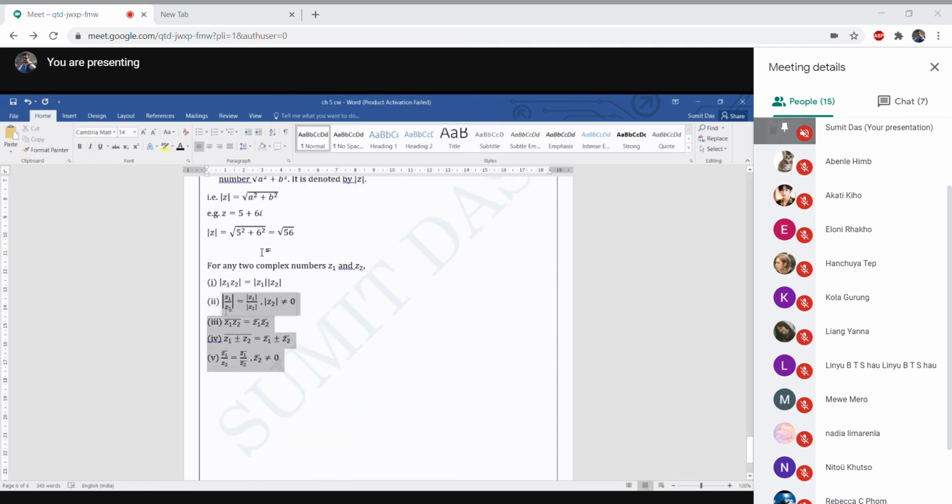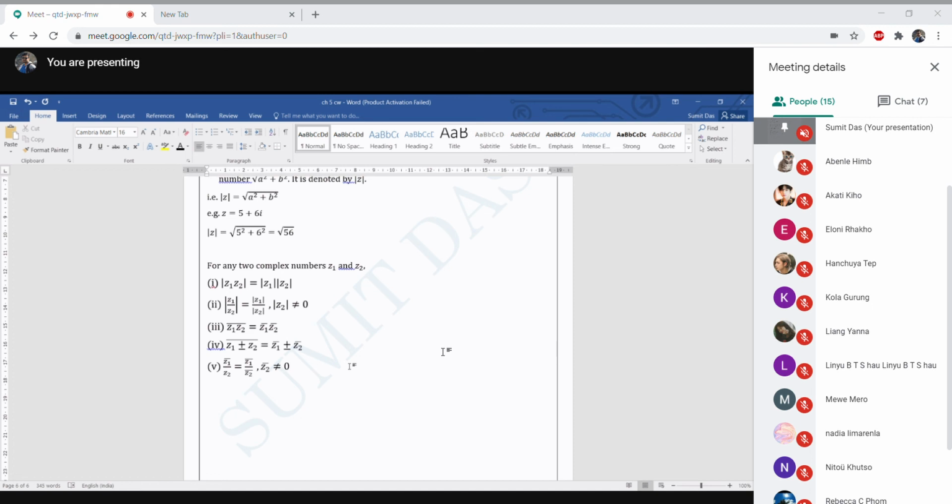Okay. So all these are the 5 properties given. Basically, complex numbers have a lot more properties actually, but here we have only this much, so we'll only discuss this much. So what is it saying here? These properties